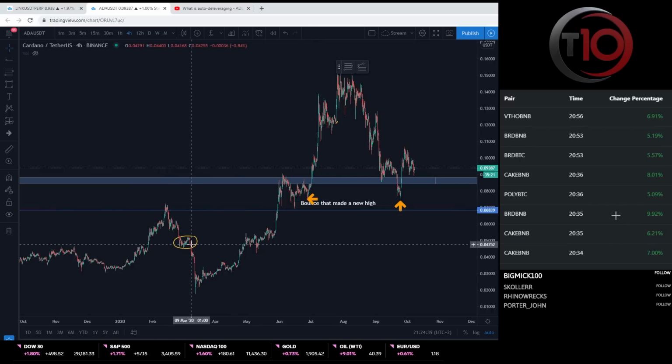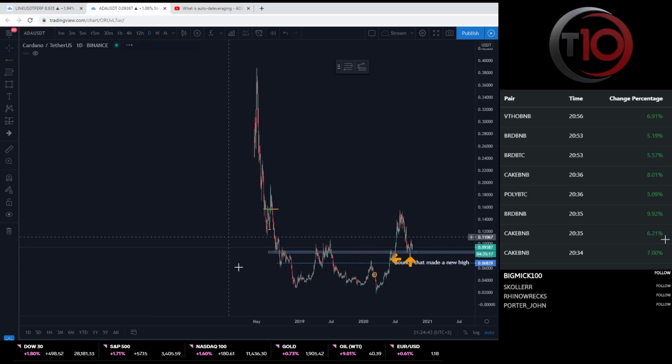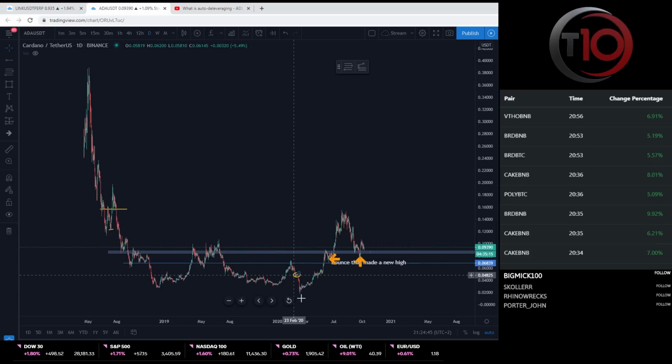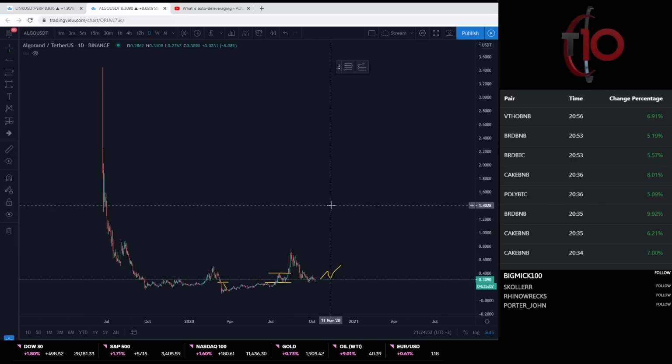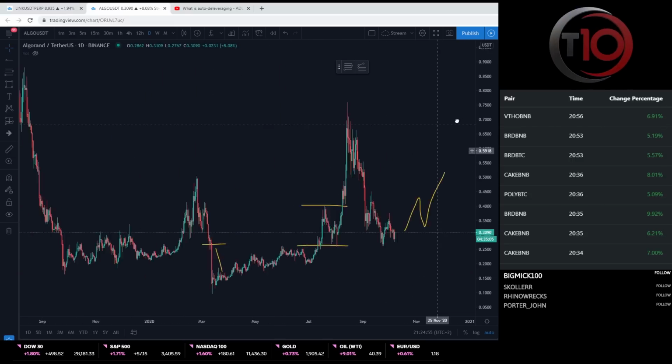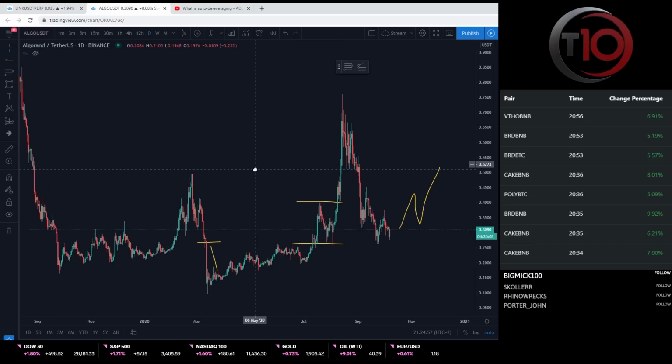And if you really fail, I'm expecting a move down in this area, because this was the move down to the new low. Let's see. I didn't really chart this as much. So this was the move to the low, and they rejected it a couple of times, and they